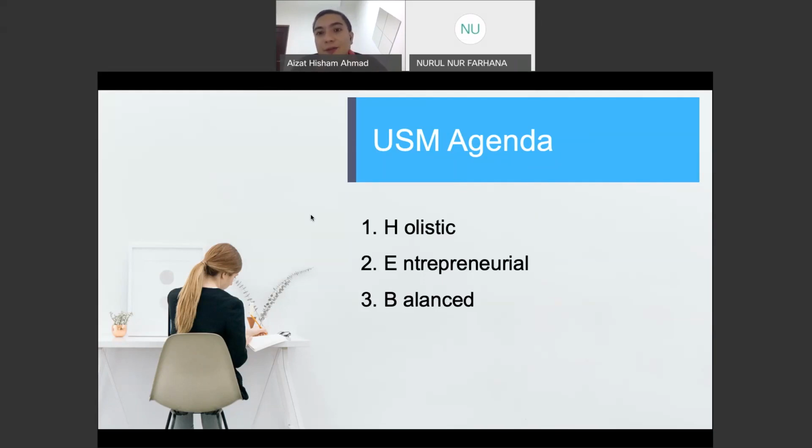seekers. So in order to be entrepreneurial, you need to be balanced in life, in daily work-life balance, professional life and personal life. And then you need to be holistic. You might want to consider jack of all trades. If you have heard of this term before, jack of all trades. Previously, we have this English saying, jack of all trades, master of none.